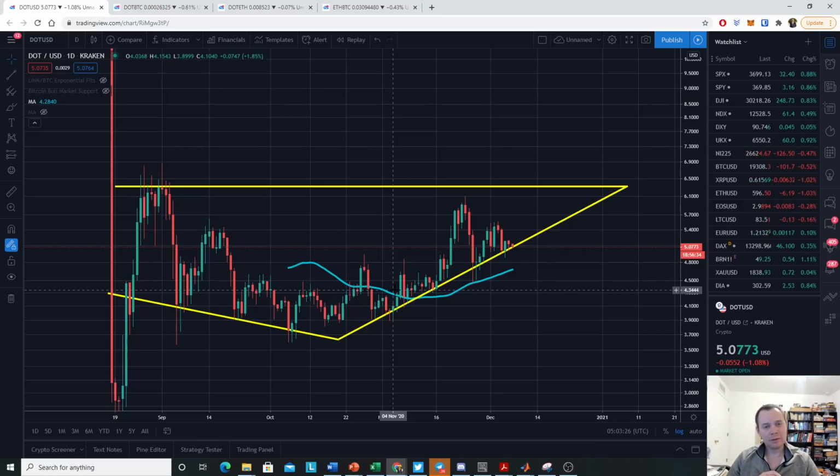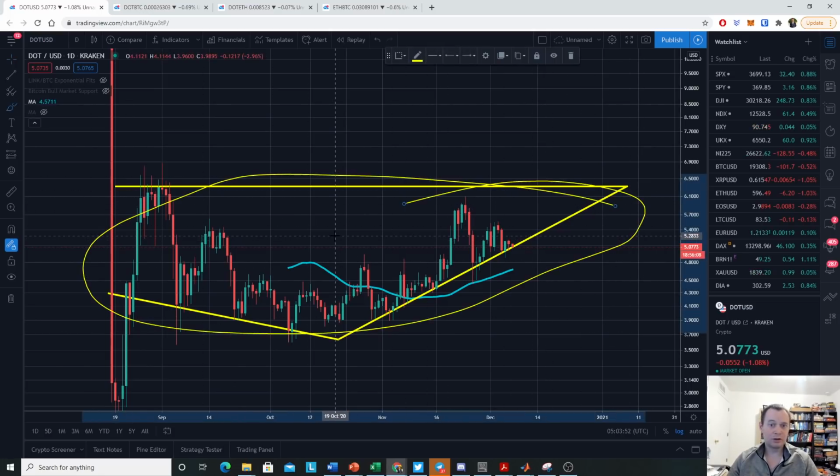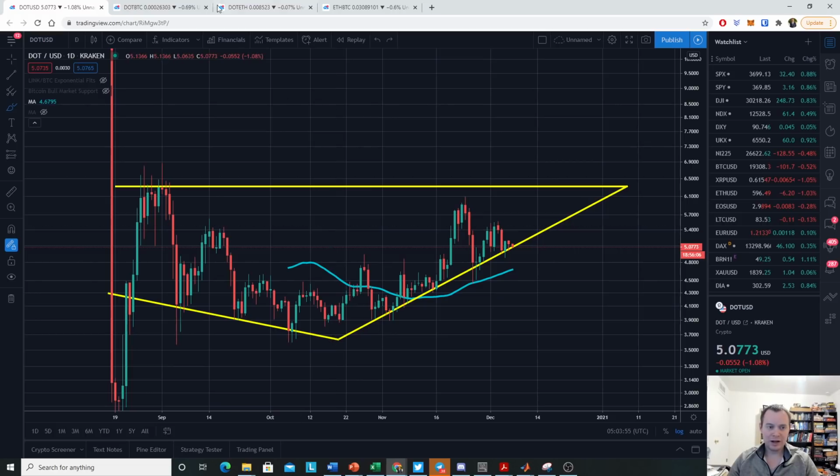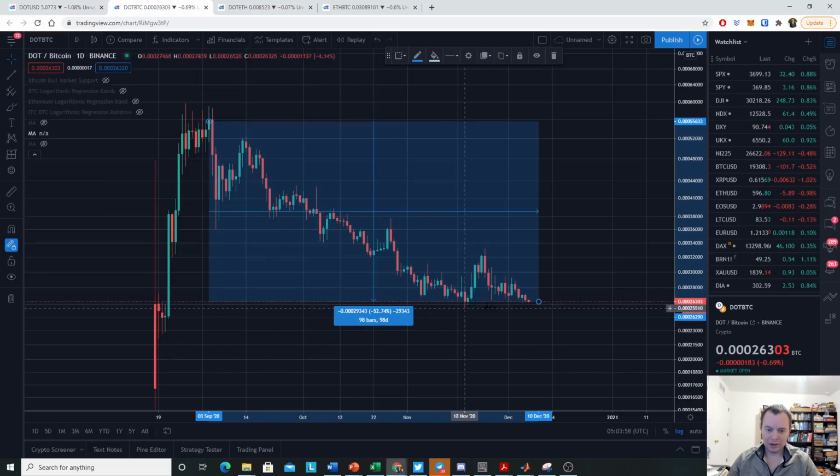However, every market cycle, there seems to be some coins that come into the market at a really good time. And in terms of USD, it is holding up relatively well, right? Despite the ups and downs of the market, DOT has mostly been between $3 to $6, and it hasn't really veered much from those levels. So I would call this just a theoretical accumulation phase of Polkadot. And it has trended down against Bitcoin over the last 100 days by about 53%.